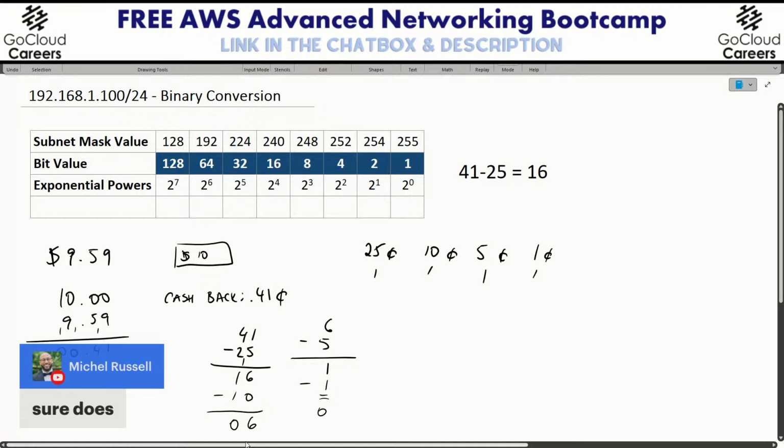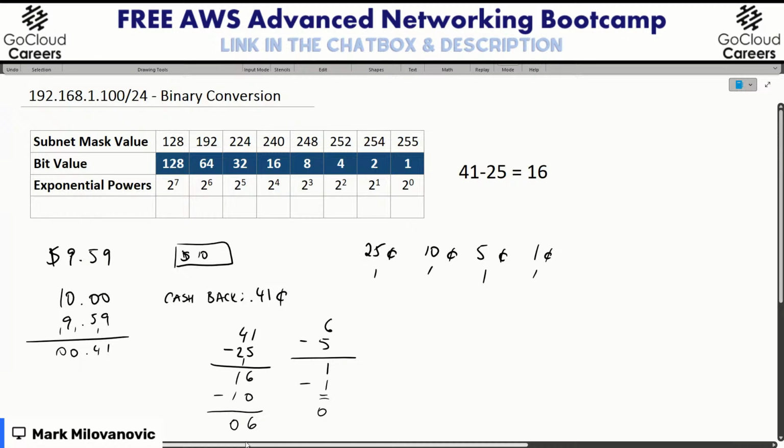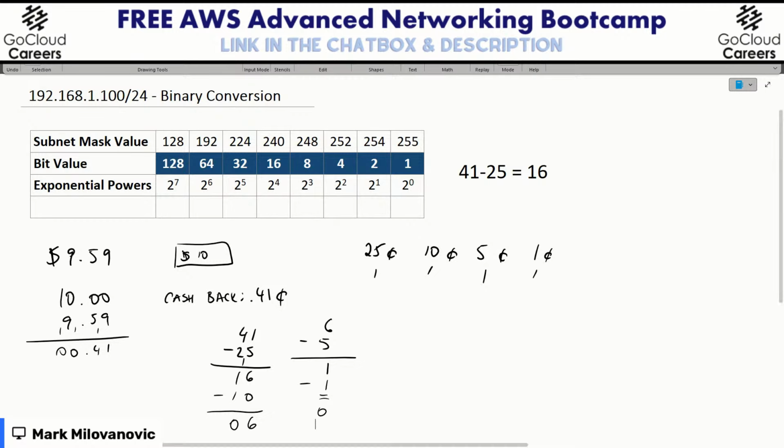Okay, fantastic. Now, let me tell you this. Since you know how to actually give cash back, since you know how to add decimal values to binary columns so that we know what they mean in human terms, you already are on your way and know how to do the conversion from decimal to binary and from binary to decimal. So let's take a look and see if we can figure that out together.